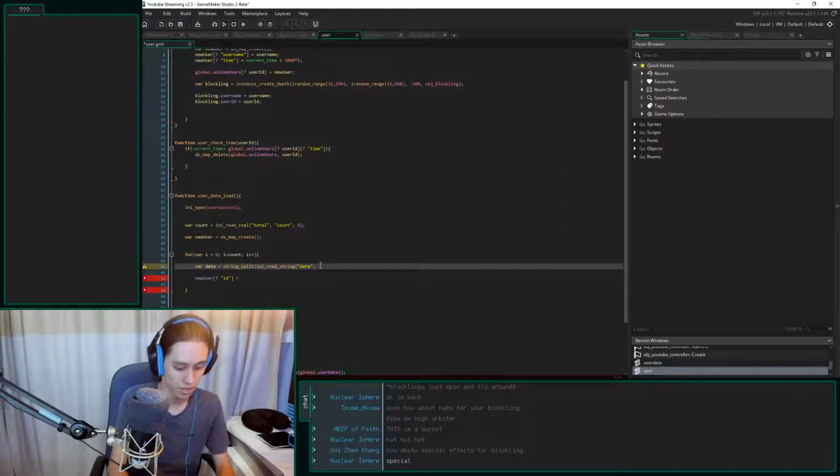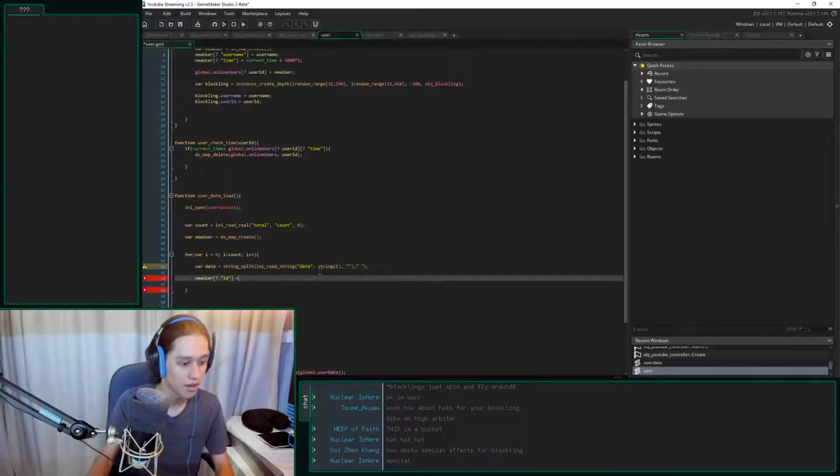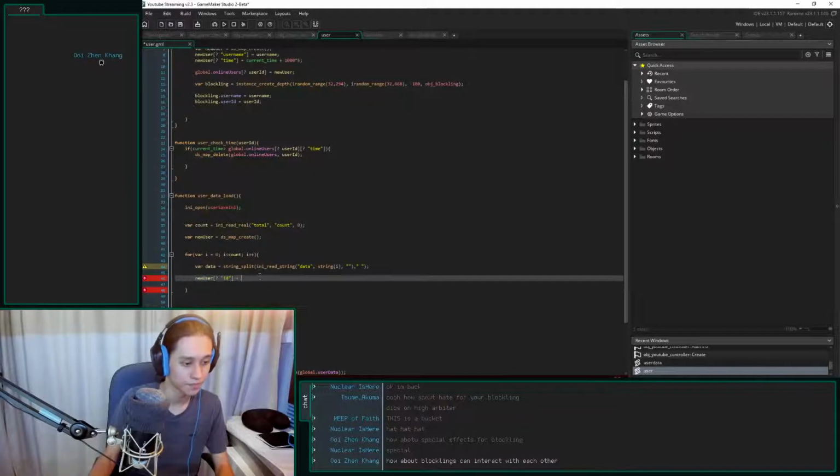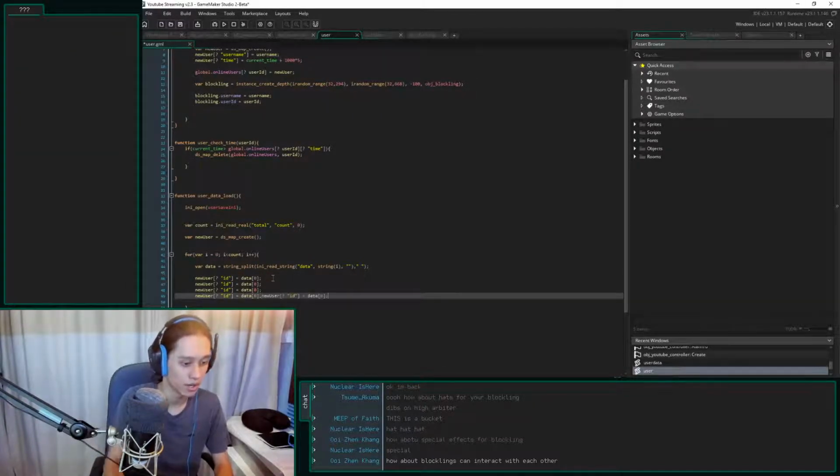Data, the key is going to be the string version of i, and the default, I'm going to give you absolutely nothing. String split, the string, the substring. The substring we want to split it on is a space bar. New user ID equals, okay, so now we need the order of it. So new user ID equals data 0. So we just copy and paste this over and over again.